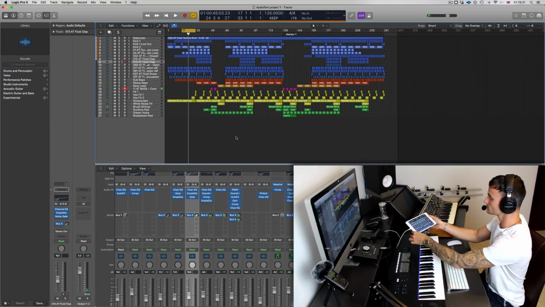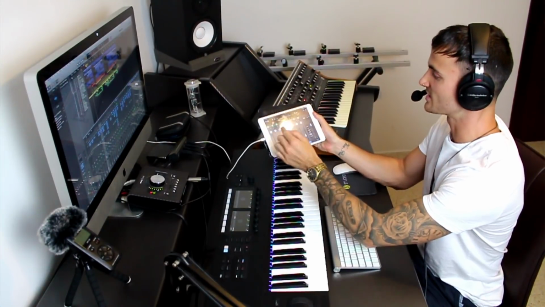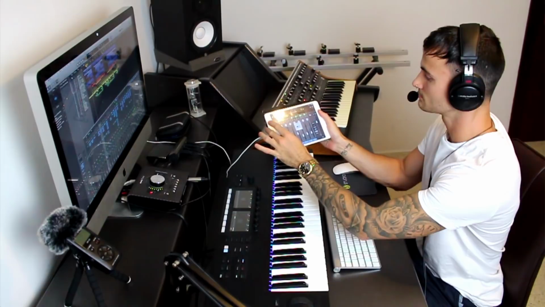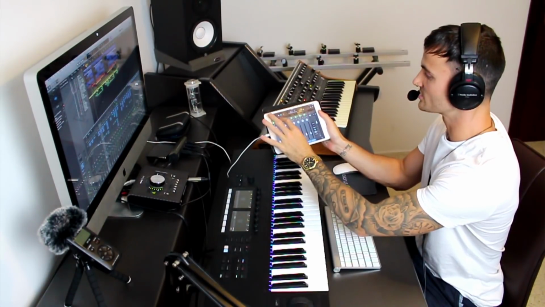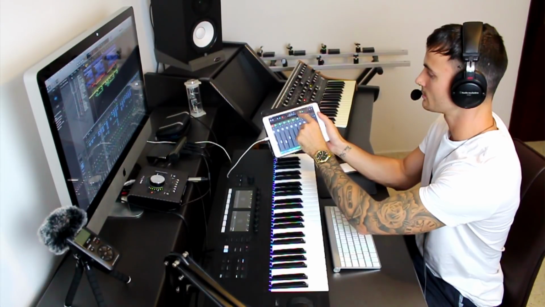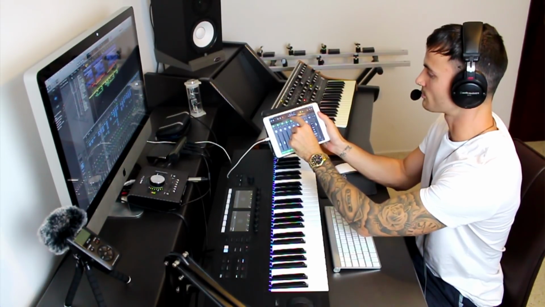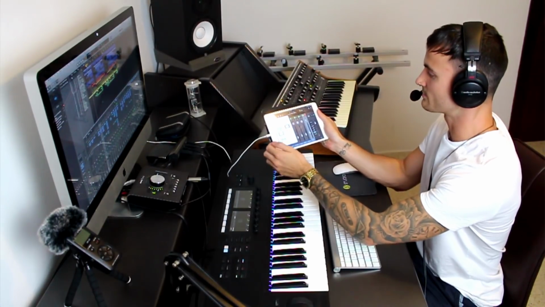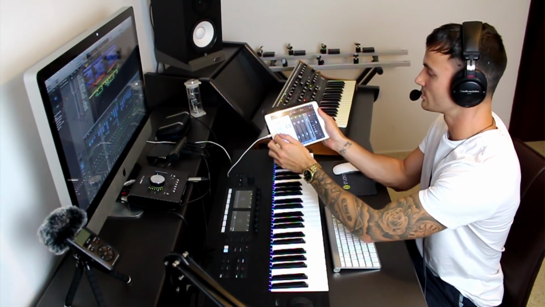We've then got the iPad, and as we can see, this is Logic Remote. And what we can do is move through the different channels here using this top brace. And then what we can also do, which I think is really nice, is we've got all these different modes, so we could jump across into smart controls.